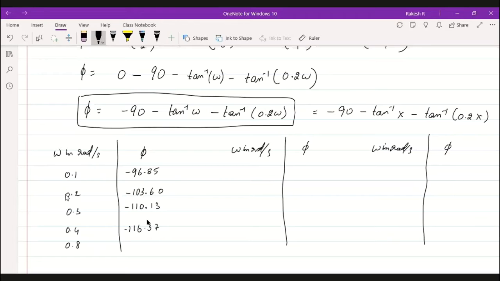No, this should be in terms of degrees only, not radians. If we put in radians, we will get minus 90. That's the answer, sir. No, man. Here he is getting now.